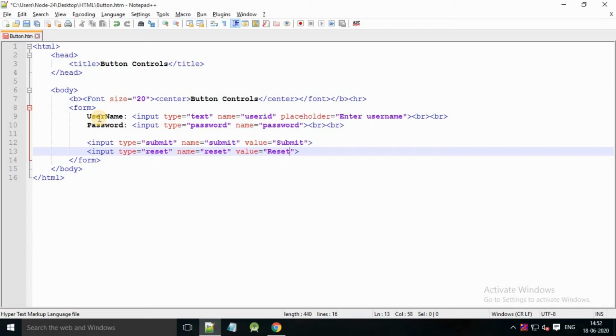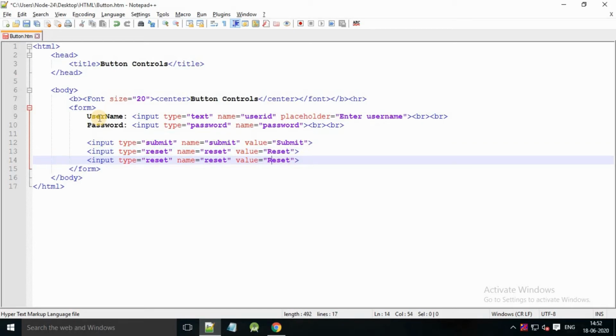This creates a button that automatically resets form controls to their initial values. Another input type is equal to double quotation button, name is equal to OK and value is a reset. This creates a button that is used to trigger a client side script when the user clicks that button.